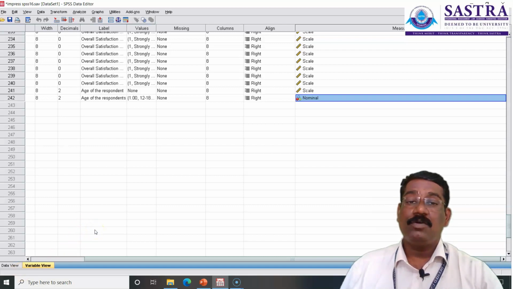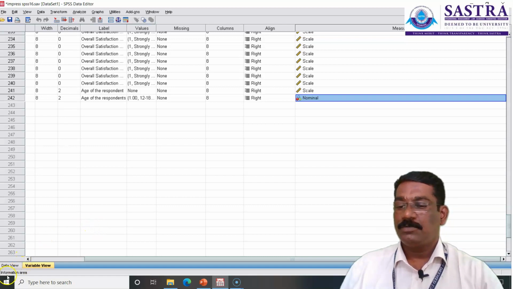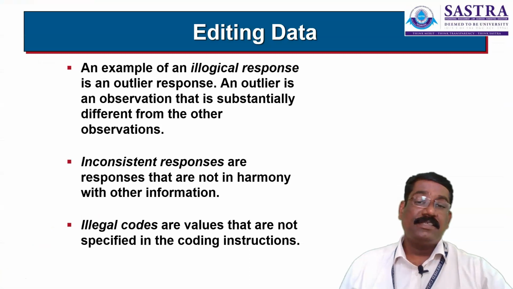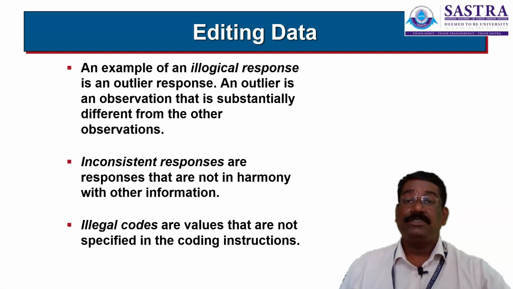So please download SPSS software and try to do self-learning so that you become an expert in SPSS software. There are plenty of opportunities, and it is fundamental to guide you to get opportunities in big data analytics jobs. So the next element which we are going to discuss is the editing of data, and in the editing of the data,